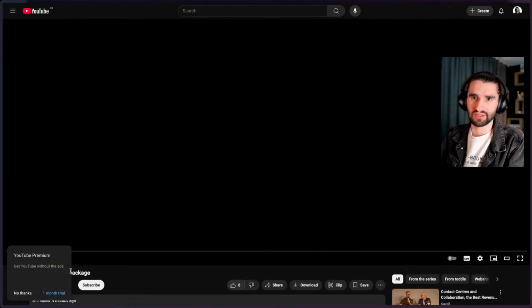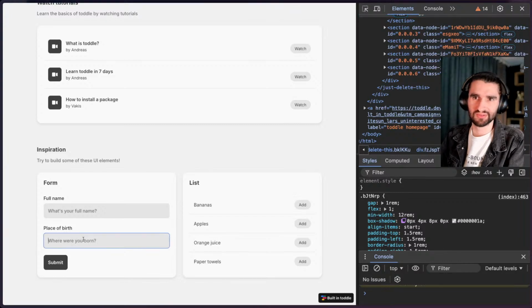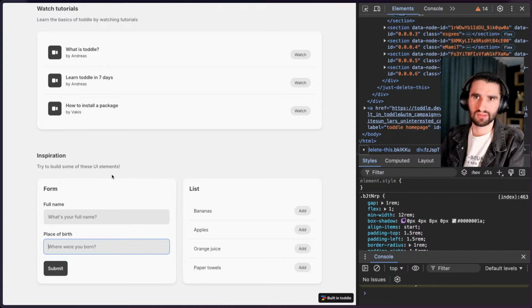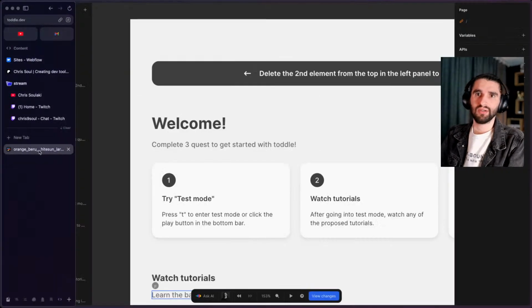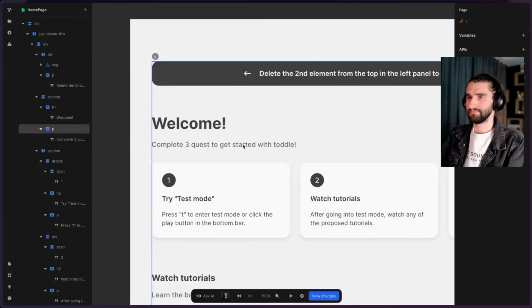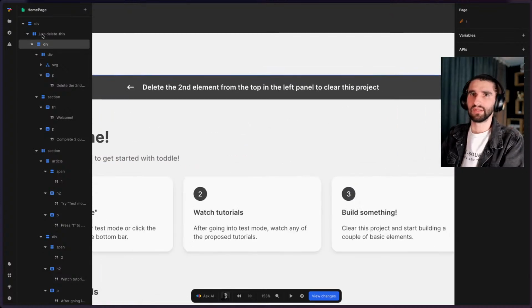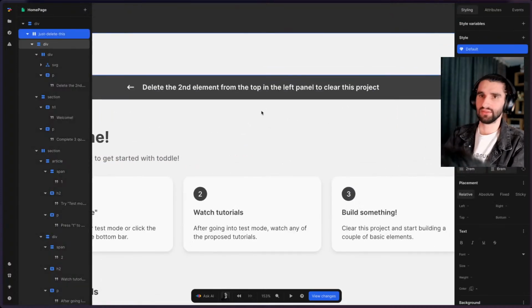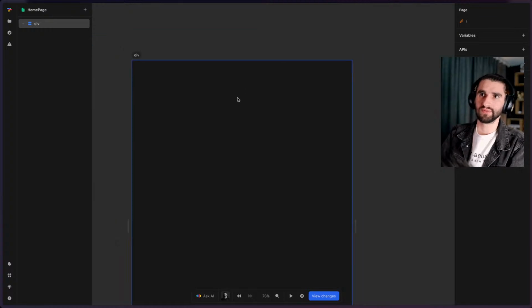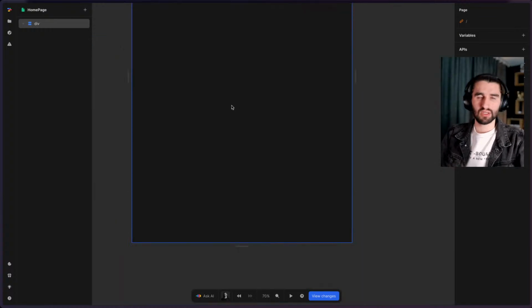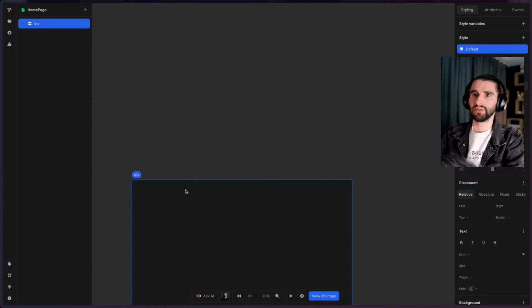How to install. Okay, so it takes you to different links. Try to build some of these here. All right, so I'm gonna go back here. I think I'm just gonna delete the whole thing and want to see how intuitive this would be for someone who hasn't tried it before. So we start with a div